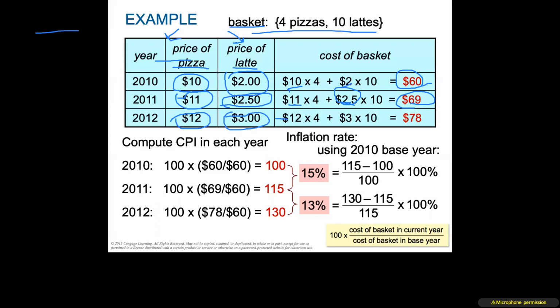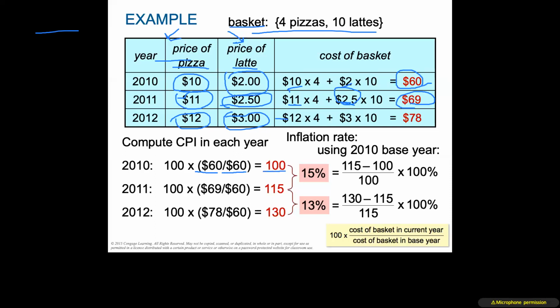First thing we need to do is calculate the CPI, and then we can calculate the inflation. So if you remember, the CPI is the cost of the goods in the current year divided by the cost of the goods in the base year. So we're going to be using 2010 as our base year. So to calculate the CPI in 2010, you're going to take the cost of the basket in the current year, 2010, divided by the cost of the basket in the base year, which is 2010, multiply by 100, and you